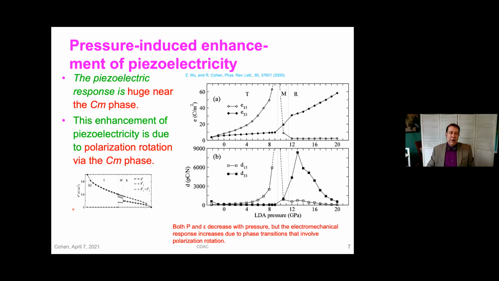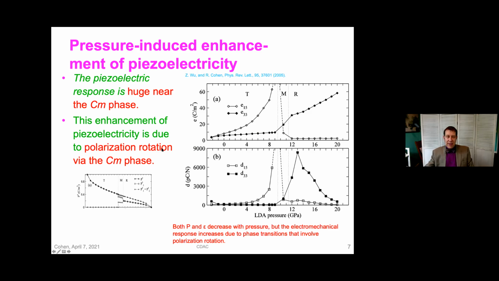So first, the work that we did with Zhigang Wu, where we found this transition from tetragonal to rhombohedral with monoclinic in the middle as one went up in pressure. So that was predicted to happen at about 10 GPa in this region where the earlier experiments had just shown a simple softening of the Raman mode. And I should say that these calculations are done at 0 temperature. And so that, it turns out, is the difference between the earlier experiments, which were room temperature, and the calculations, which were at 0 temperature.